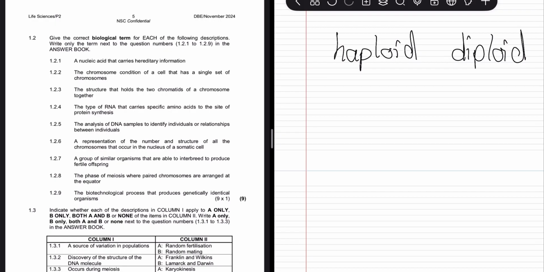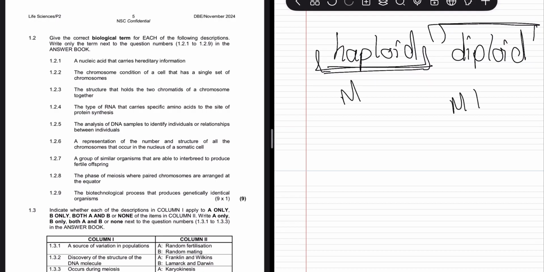So if you go into meiosis or even into the male and female reproductive system, understanding how the egg is prepared and how the sperm is prepared will give you a clear indication of when we would have an end product haploid or an end product diploid. So this is basically meiosis 1 compared to meiosis 2. All right. The next